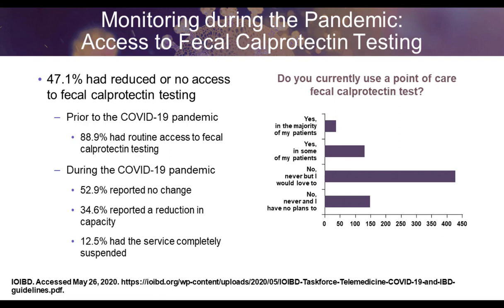47.1% of people who were asked had reduced or no access to fecal calprotectin testing during the COVID-19 pandemic. Prior to COVID-19, nearly 90% had routine access, and then during COVID-19, you can see the drop-off on the bar graph, but also below. And the bottom line is that this just has to do with difficulty in terms of testing and going to the lab. I will say that point-of-care at-home testing in some places in Europe has been really something that I think is novel and innovative prior to COVID-19